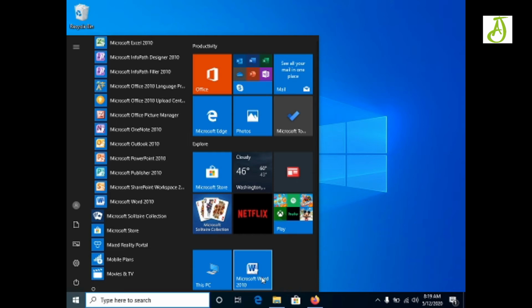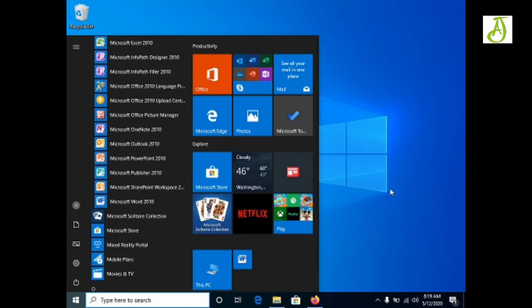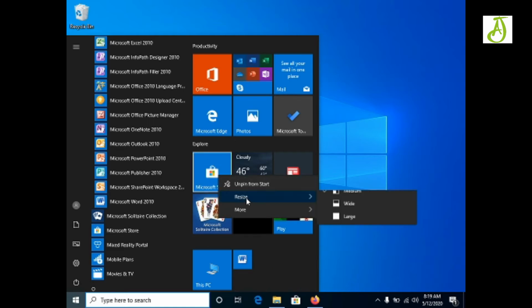That means it is telling us that you can pin it here, just like we pin things on a notice board. Now you can change the size of these icons. For example, right click, resize, small. Fine. Now again resize.